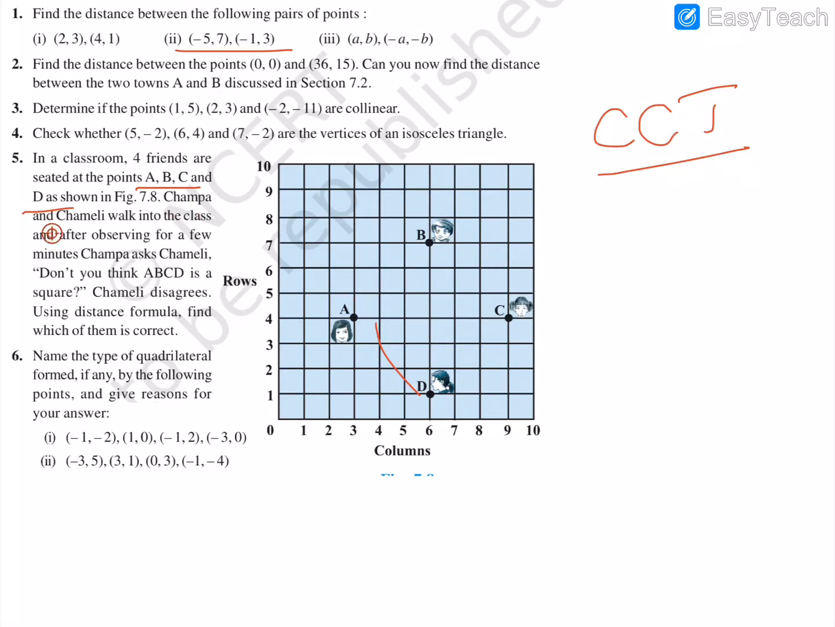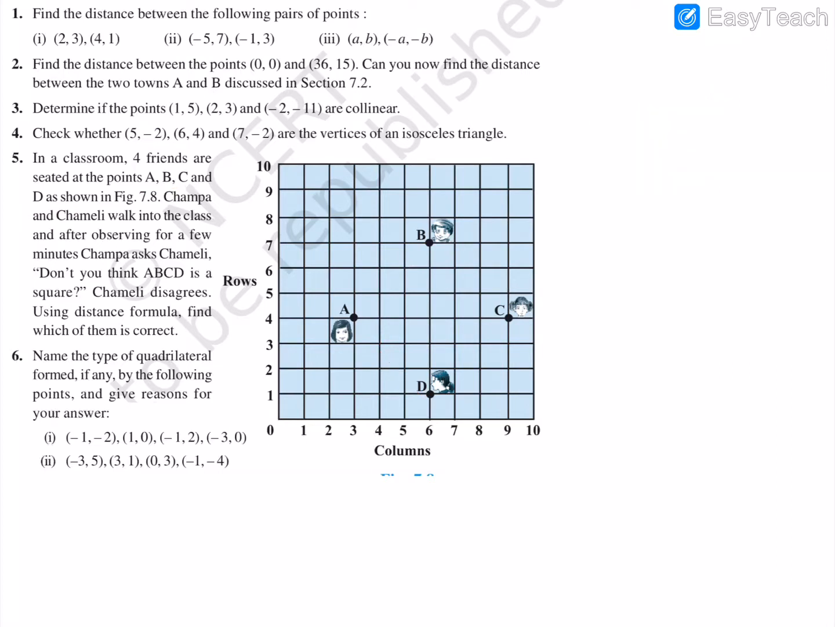Now what they are saying, Champa and Chameli walk into class, and after observing for a few minutes, Champa asks Chameli, don't you think ABCD is a square? It looks like a square. Is it not a square is what they are asking. So if it is a square, what should we do? First let us find out the points of